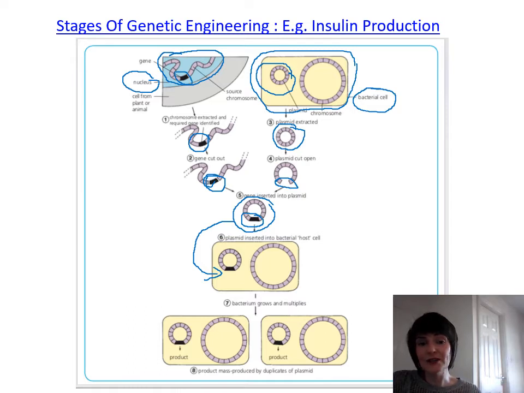And once it has been reprogrammed or genetically modified, we know that bacterial cells reproduce very, very quickly. And what happens very quick is one cell becomes two,